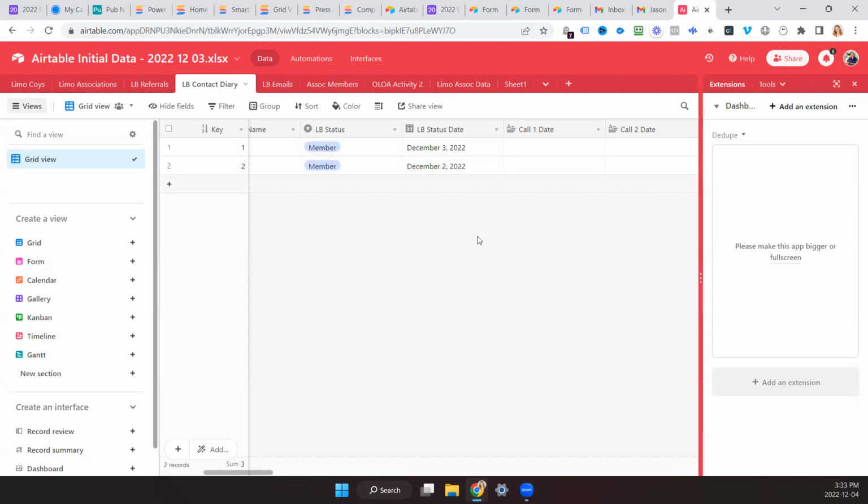The limo board status would be: are you a member of my, are you paying me to run my software? Am I still calling you? Are you not interested? Whatever my statuses are as I go through my phone calls. And then I can set my current phase so that I know the next group of people I'm going to start calling. So now I know how to change that date.